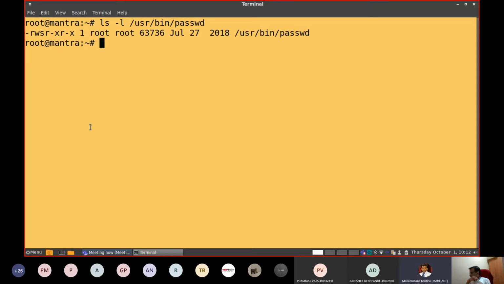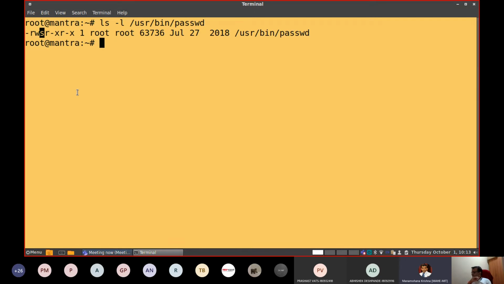Yes, it says rws instead of rwx. Yeah. So that's why I said this is a special permission. Now, you are right. Look into the permissions very carefully. There is one special character called s here.